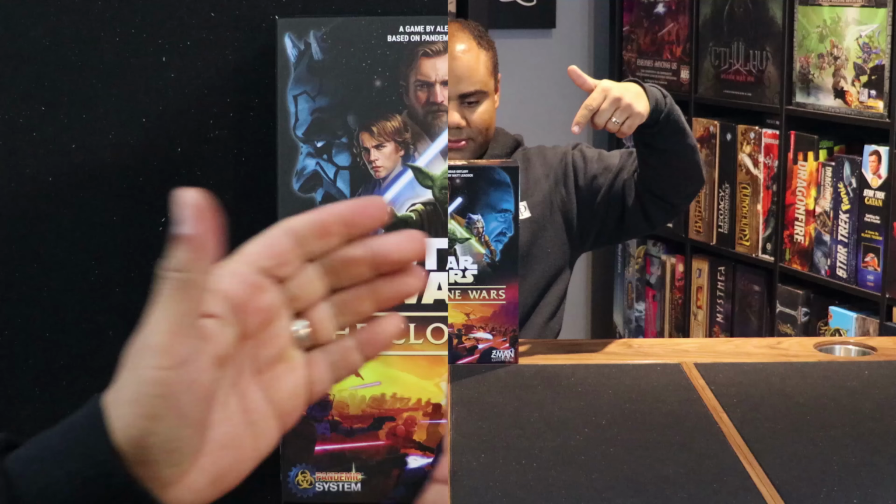Now, this is based on the Pandemic game system. You can see the logo here on the box, which is originally designed by Matt Leacock. This is a game for 1 to 5 players, plays in about 60 minutes, and is for ages 14 and above. In this cooperative game, you'll be joining the Grand Army of the Republic, taking on the roles of some of their favorite characters from the Clone Wars TV series: Ahsoka Tano, Mace Windu, Anakin Skywalker, Obi-Wan Kenobi, and a few others, as you do battle against General Grievous and Count Dooku, who will be representing the Separatist forces. There's a couple other enemies in there, but we'll take a look at them when we unbox the